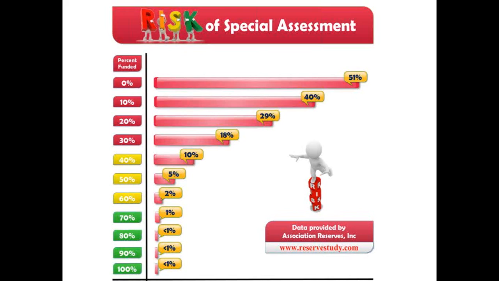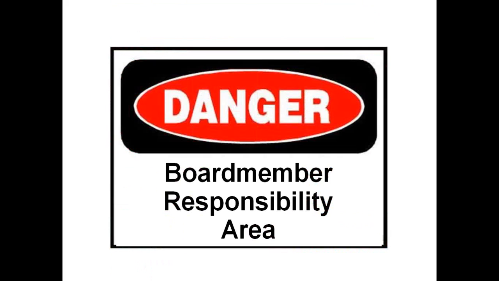Percent funded is only a reliable indicator when the reserve component list is a complete list. Okay. But time for me to turn the tables back to you. Who's responsible for the accuracy of that reserve component list? Can you address board member liability for budgeting and selecting the right components?